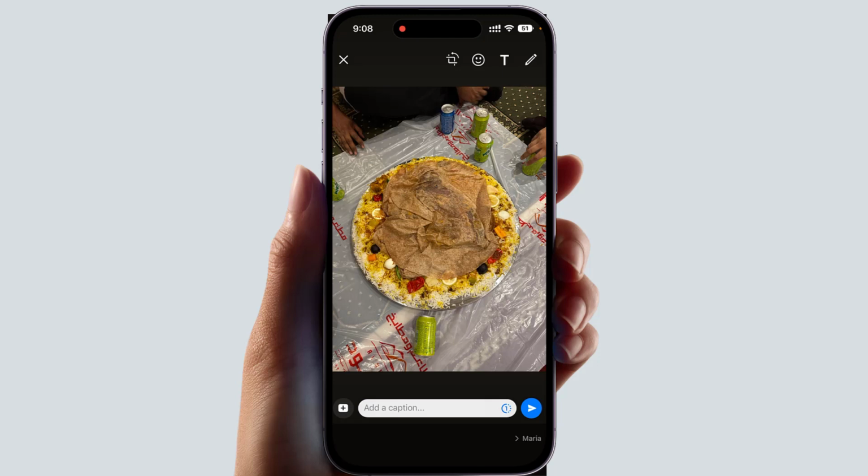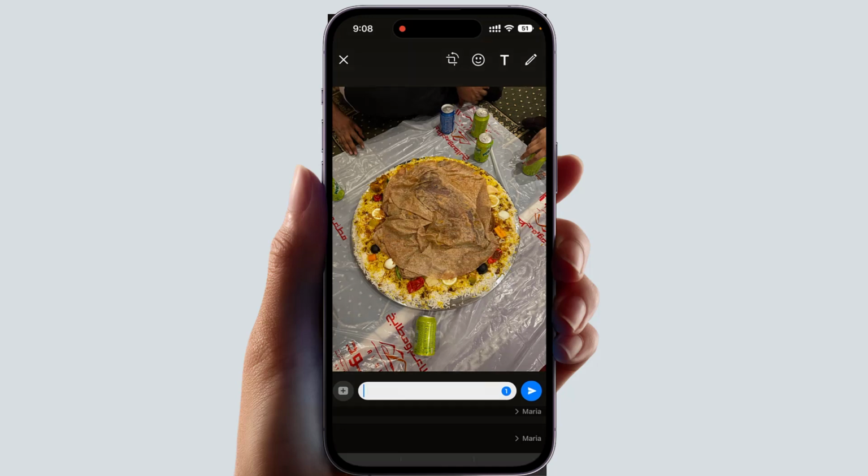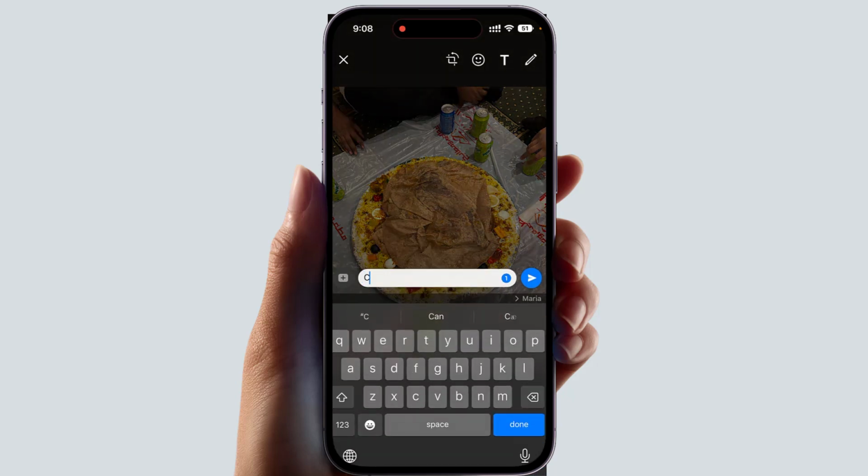So anyway, if you want to do that, you need to click this number one. So if you click one, you can see it's a photo set to view one time, and also you can type here something like check this,